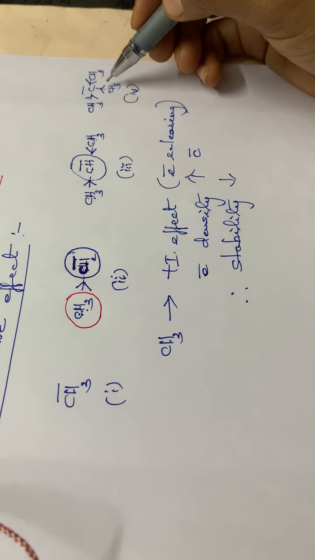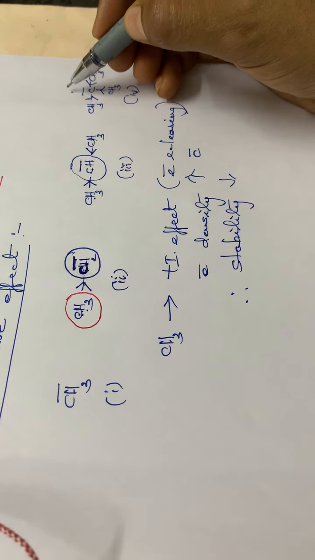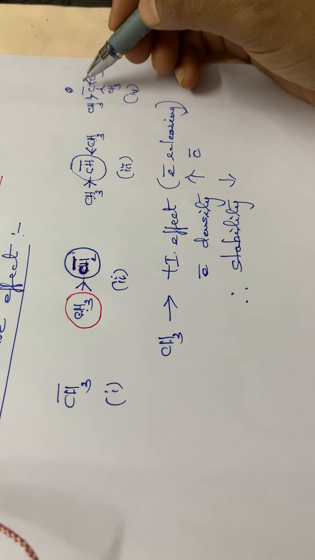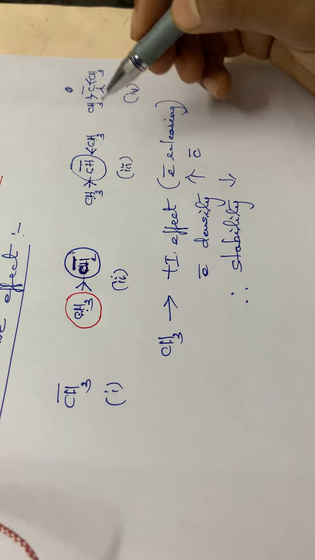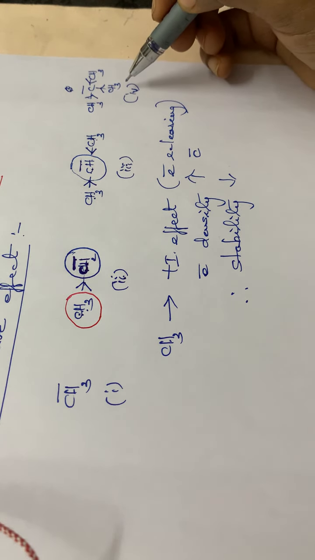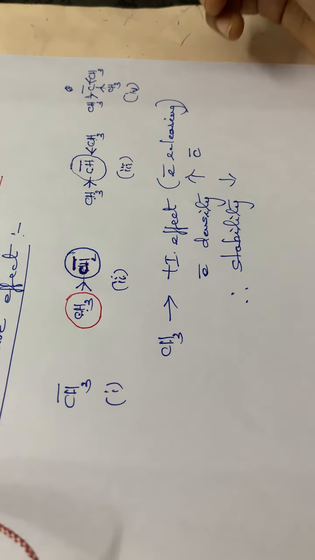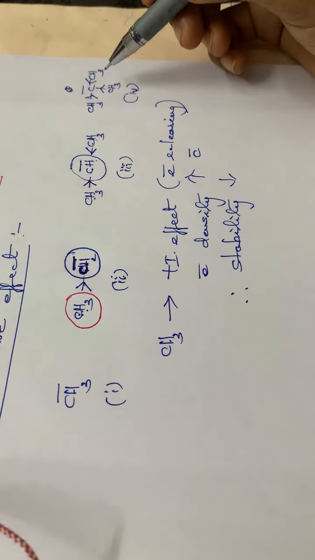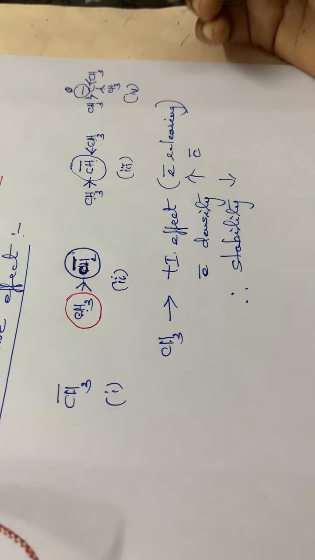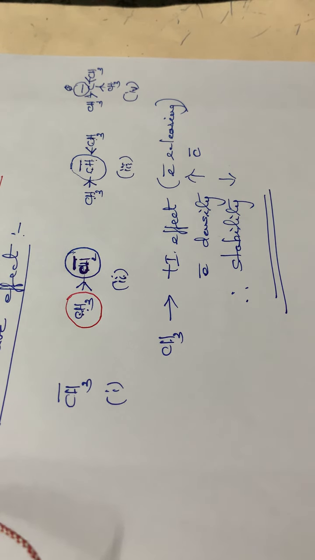With 3 plus I effect, or 3 electron releasing groups, the electron density will again be increased 3 times, isn't it? So the stability will be further decreased. While comparing 3 and 4, 4 will be more unstable than 3 because it will have a greater electron density around this C minus. Okay, so this is the explanation for the stability of carbanions.